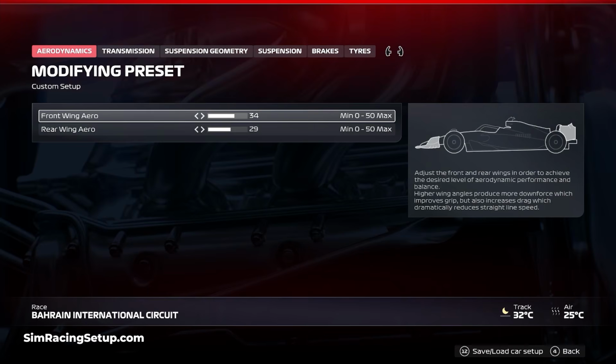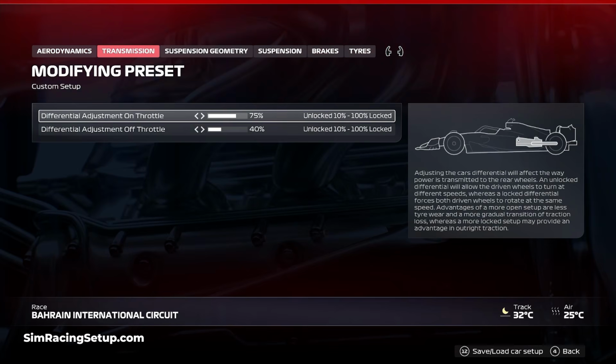allows for good rotation. With Bahrain being so tough on rear tyre wear, I've addressed this slightly with the transmission. I've set the on-throttle diff to just 75%. Again, in a true time trial setup, this will be much higher to extract more performance, but lowering it down will help with preventing wheel spin and keeping those rear tyre temperatures down. I've then set the off-throttle diff to 40%. We don't need it too low as we've got pretty good rotation from the aero offset, so this can be